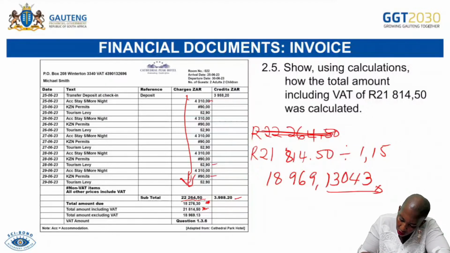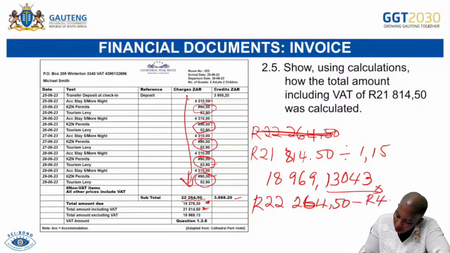This one will be the VAT exclusive, and then the VAT inclusive one, 22,264.50, and then I subtract all these amounts. Remember, this amount includes all this. Quickly, the shorter way of doing it. This amount, they add up to 450. And then the total amount, if I add this, the 90 rand, 90, the 52